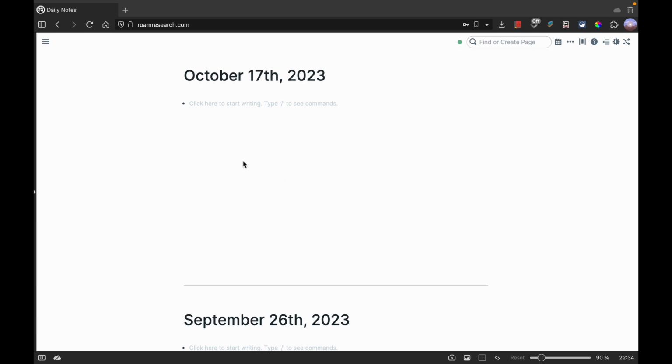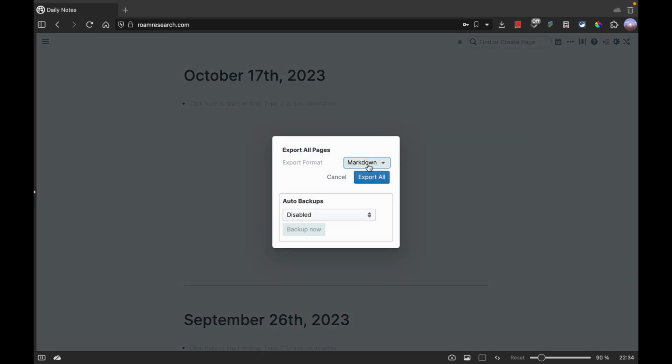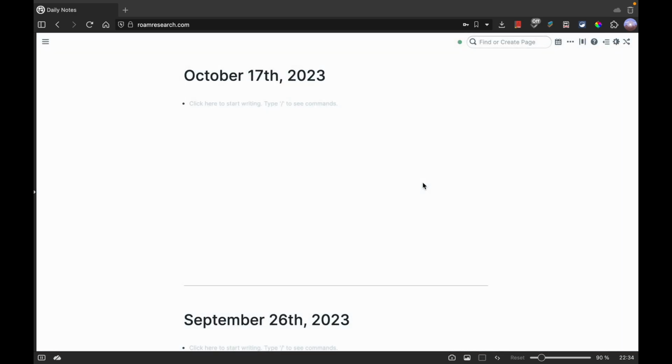I'm not gonna override. Now the second thing is, I have one graph. Suppose you want to import or transfer data from one graph to another graph. So what you have to do is, in the first graph, go here, go to export all, and then here you have the ADN file. So just click on it and you can export the ADN file, and then go to the second graph. In the second graph, where you want to import, go